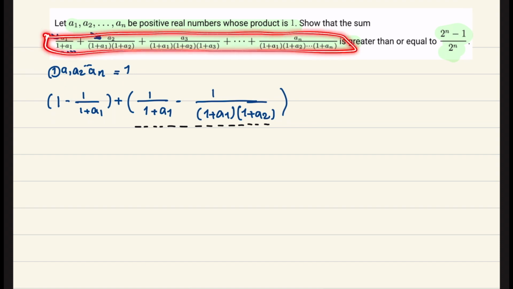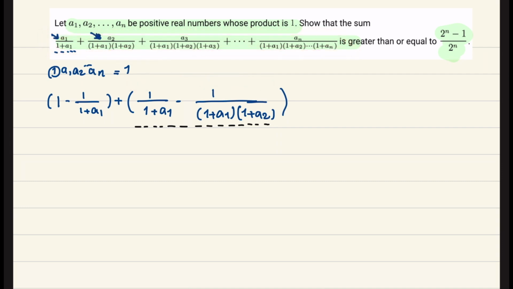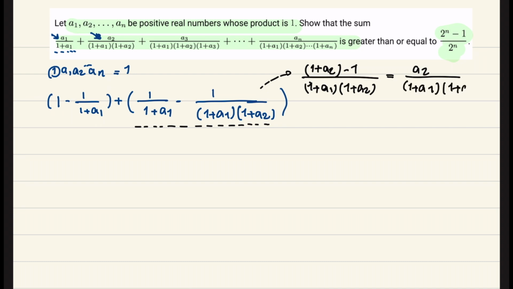The denominator of this expression will be 1 plus A2 minus 1, divided by 1 plus A1 times 1 plus A2, and if you calculate this, it will be A2 over 1 plus A1 times 1 plus A2,